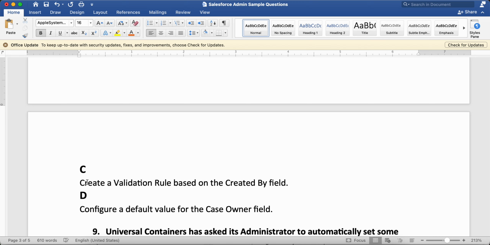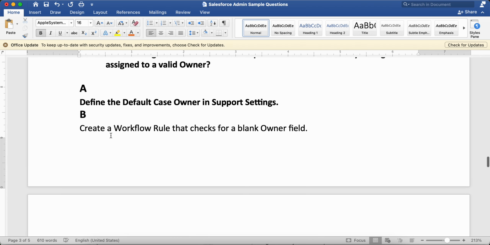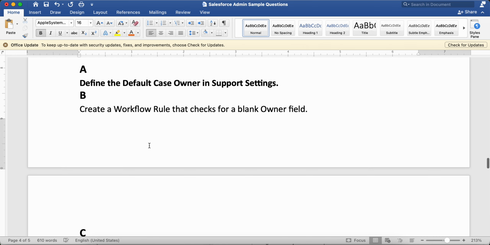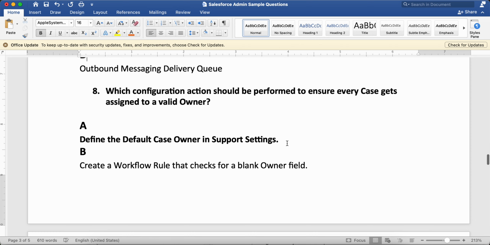One is this: create a validation rule. The second one is this: create a workflow rule that checks for a blank owner, and then define the default case owner in the default value for the case owner field. And then they are saying define the default case owner in support settings.